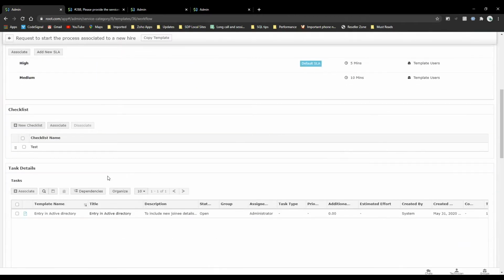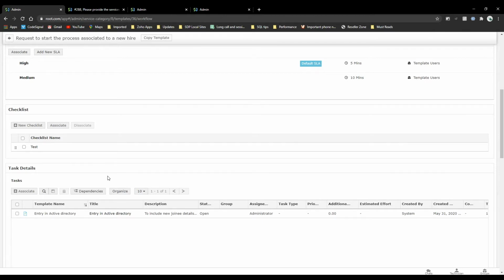Task, of course, you can associate on the template itself directly, or if you want to create it dynamically, of course, there are ways you can dynamically create the task as well after the approval. Or before the approval as well. So if we want the service request to be raised and then a task created, then some approval goes, and then again a task is created,